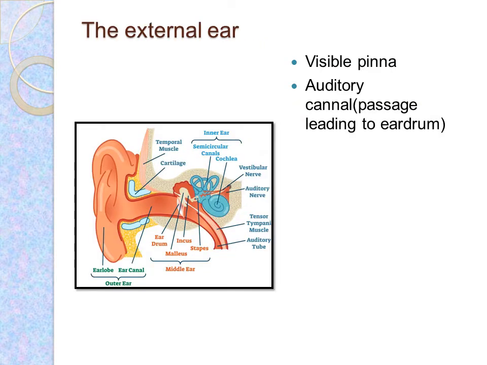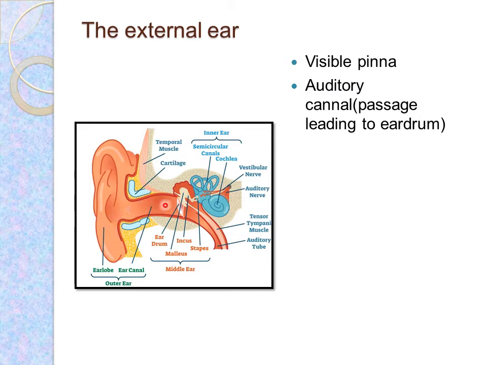Now in the previous slide I have already given you an overview of the three parts of our ear, viewed from inside. Let us start with the first part, the external ear. We have already discussed it in the previous slide, so this will be a quick revision. The external part is the pinna and the auditory canal, so please keep looking at my red pointer. This is the pinna and this is the auditory canal.